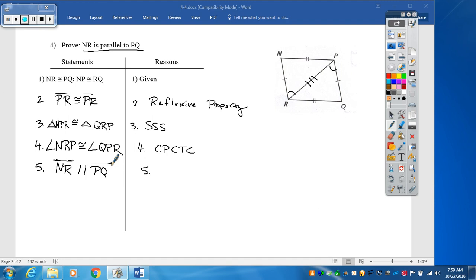It's either going to be this. If lines are parallel, then alternate interior angles are congruent, or if alternate interior angles are congruent, then lines are parallel. Now I want you to think about the process here. We're starting here, which leads us there. So which statement do I want to use? Well, what type of angles are those? Again, they're alternate interior. If alternate interior angles are congruent,